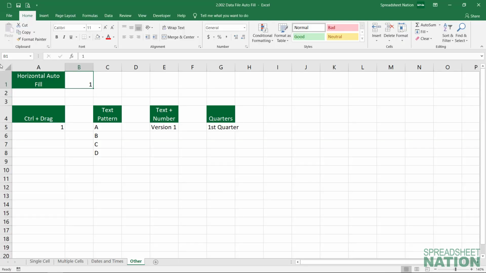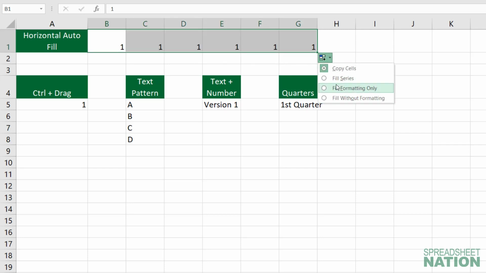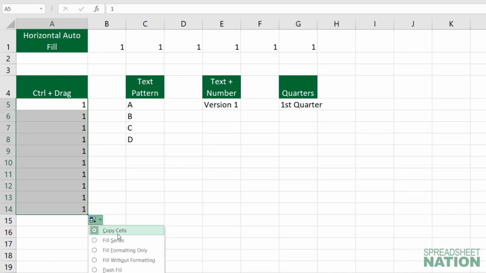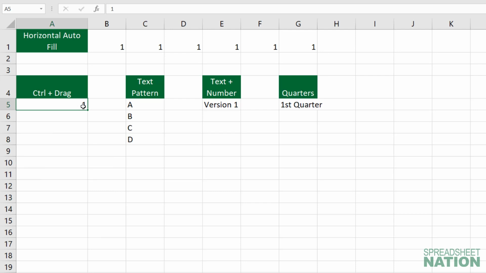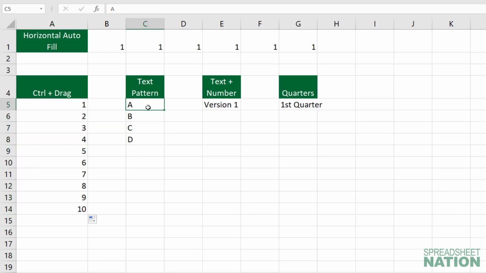Just a few other quick things. In all of the examples that we've done so far, we've used autofill for information being dragged down. You can also drag information across and have similar autofill options. One other quick trick that I kind of like, if you drag numbers down like we talked about, it assumes that you want to copy the cells. But if you hold the control button and then drag down, it will actually fill the series. So that's handy when you actually just want to number things really quickly without having to go into the box and click Fill Series.